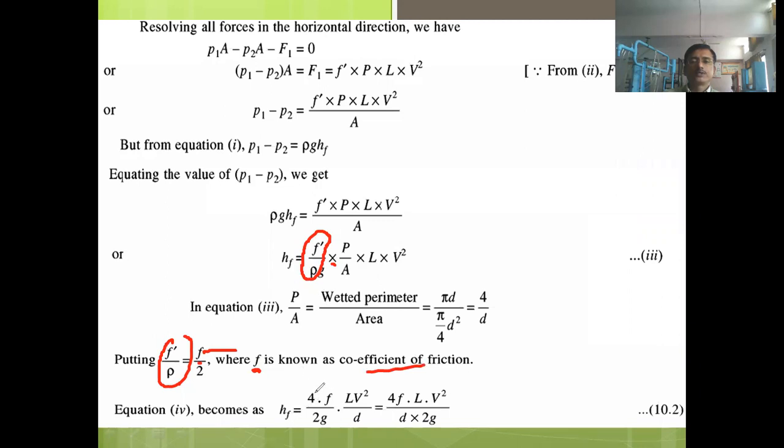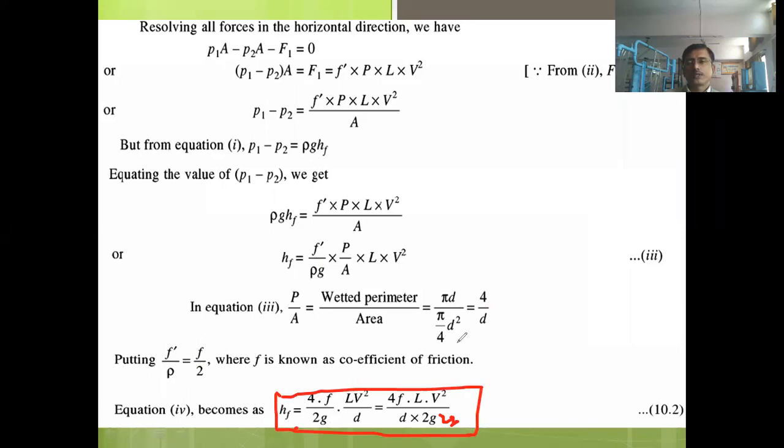Then what does the equation become? HF is equal to, this 4 goes here. 4 F is 2 F by 2, it will come here. This Z will come here in the denominator. Then L V square will be as it is, and this D will come here. After rearrangement we can write this equation as 4 FLV square upon 2ZD. So HF is equal to 4 FLV square upon 2ZD is our final equation, where F